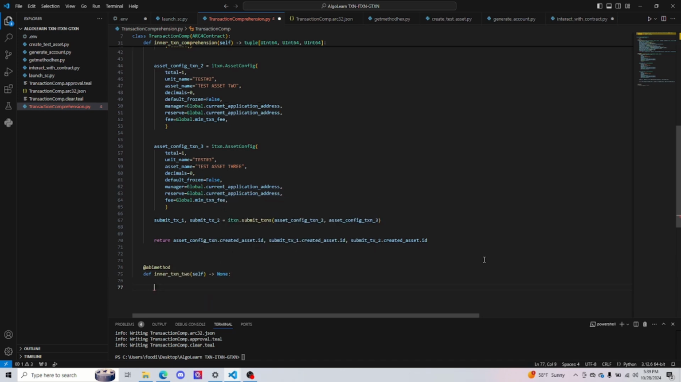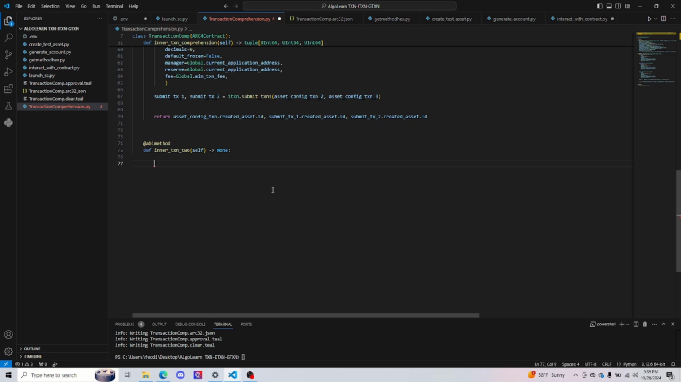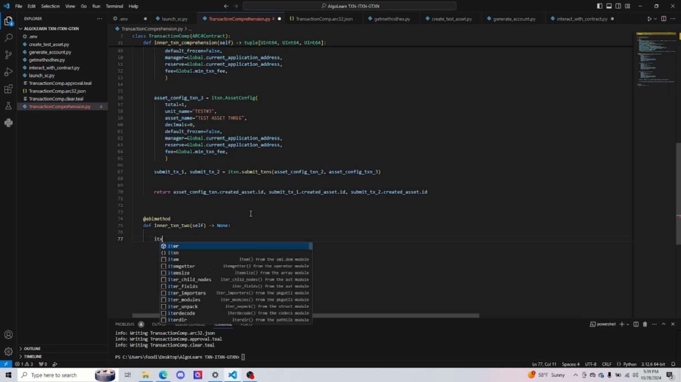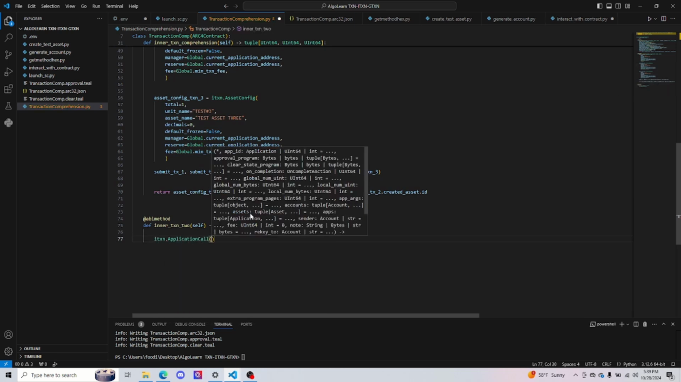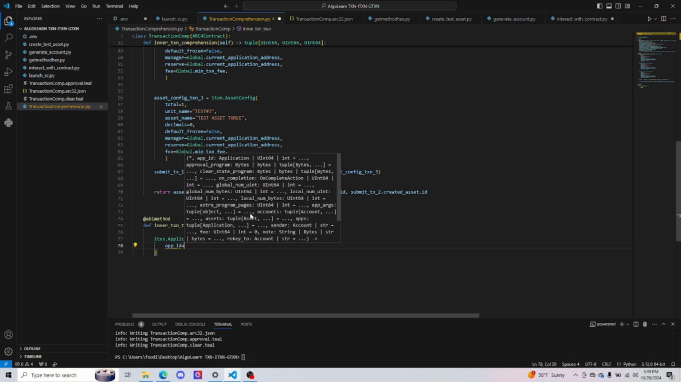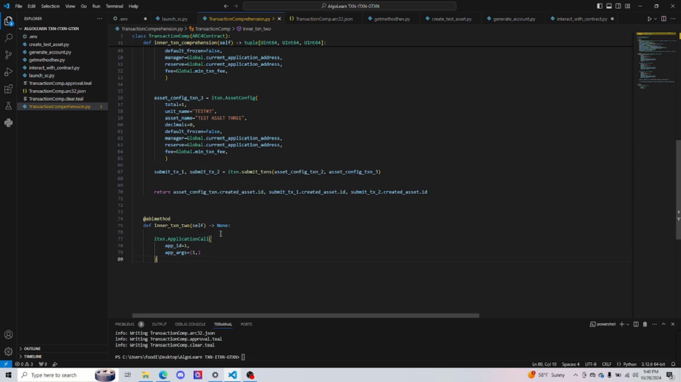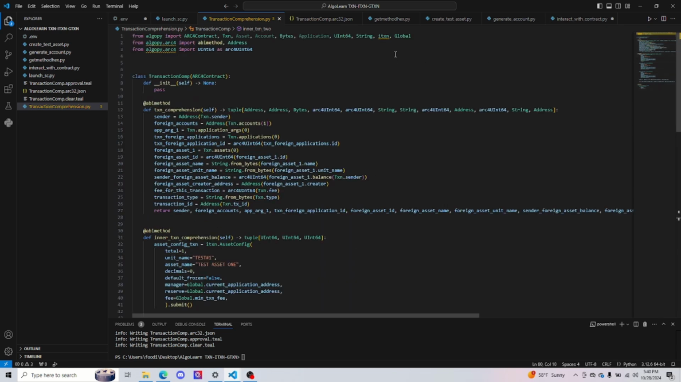Pass in self, return none for now. And there are two ways to do this. You can use ITXN, which we've been doing. So ITXN.applicationCall, pass in an app ID, which for now we'll just set to 1 because we're going to need a second application. We're going to need an app args instance. So I'll just put 1 here, but we're going to get a method signature,